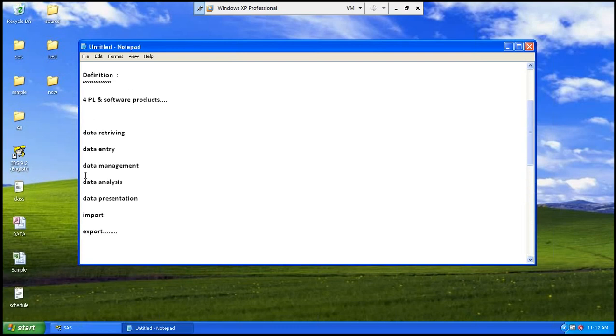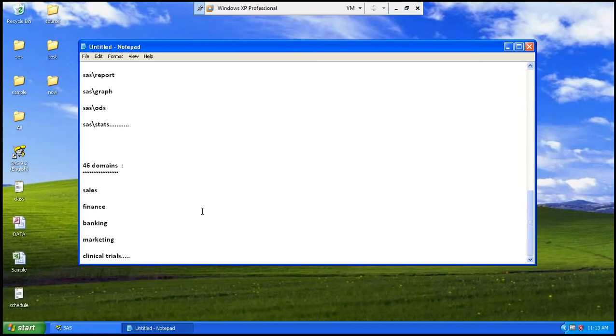Wherever we have a strong requirement of data management, analysis, and presentation, in all those different domains, we can work with SAS. And when it comes to the features,